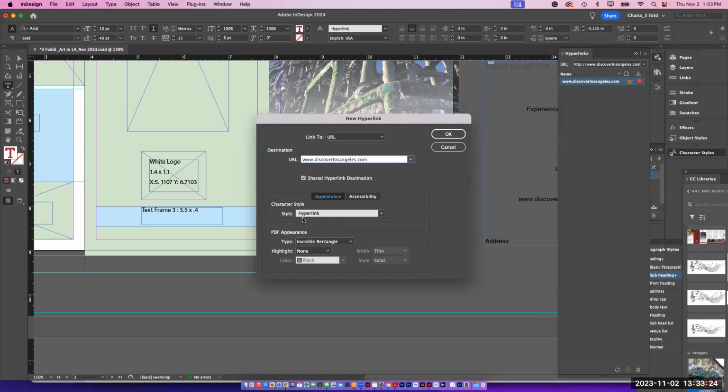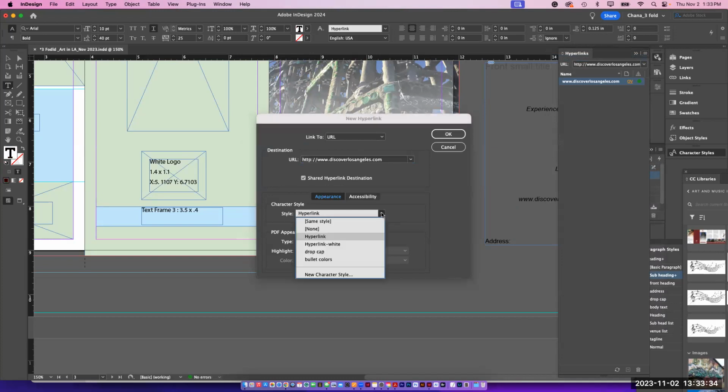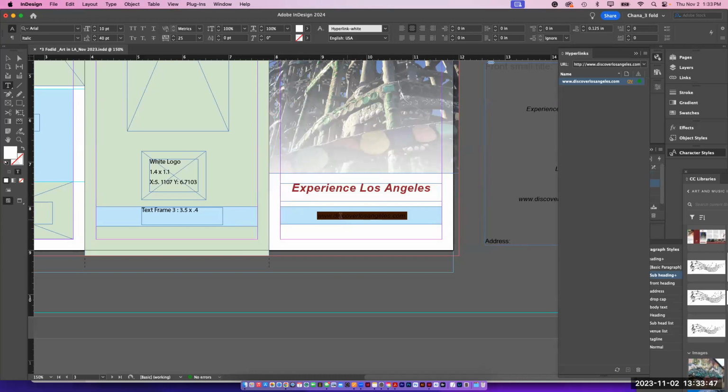And it's asking me if I have any paragraph style for it. If I already made a paragraph style for it, I can put it in. If I didn't, I can create a new paragraph style or character style. I created a white hyperlink style over here, and I'm going to click OK, and look what happened